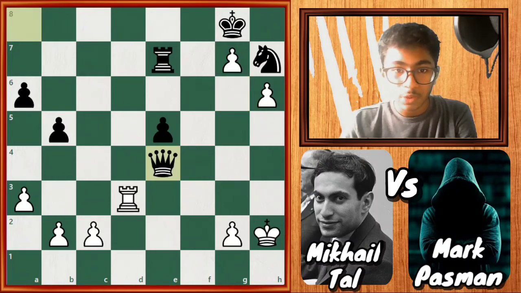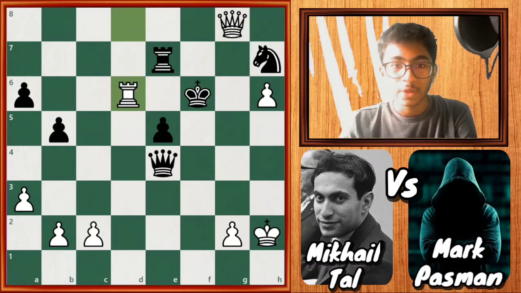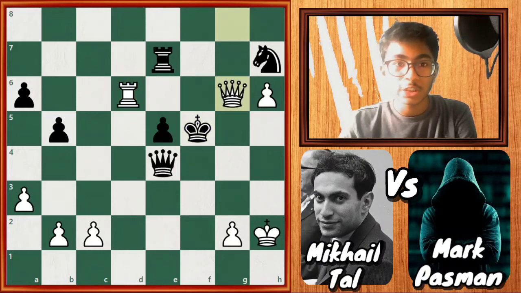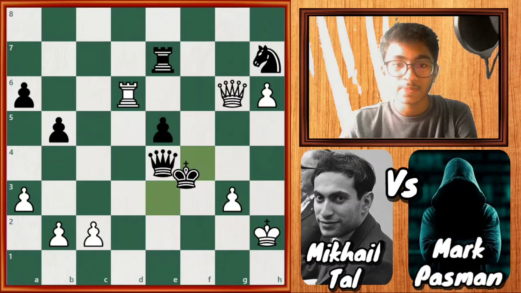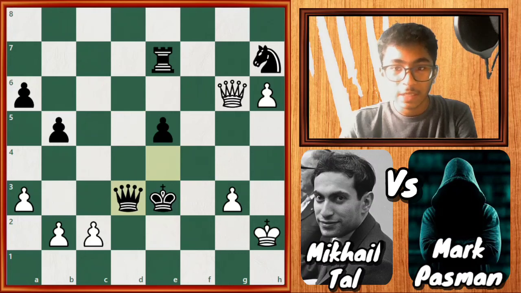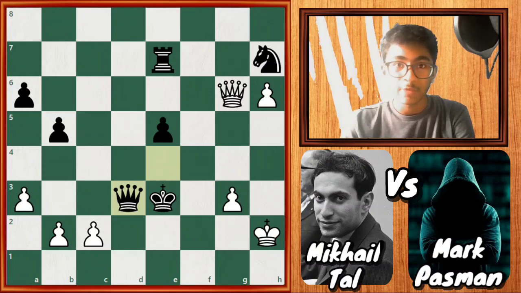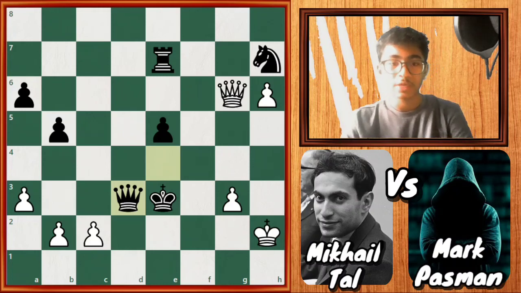Here queen takes e4, here rook to d8 check, king f7, here g8 queen, king f6, rook to d6 check, king f5, queen to g6 check, king f4, g3 check, king e3, rook to d3 check. And guys, after queen takes d3, Mark Pasman resigned the game, and in this position, at move number 40, Mark resigned and Mikhail